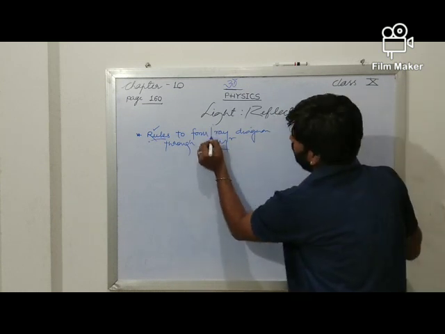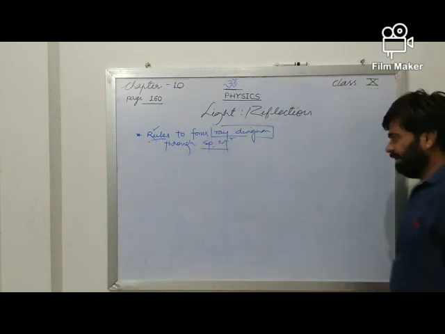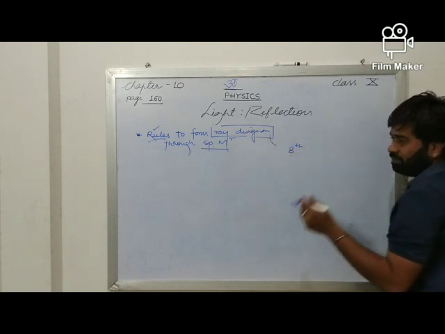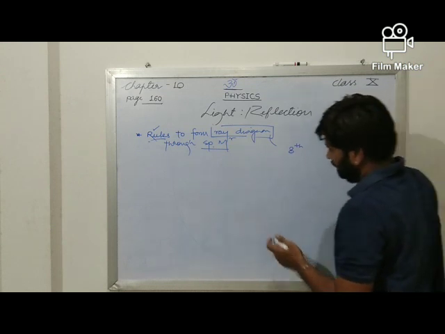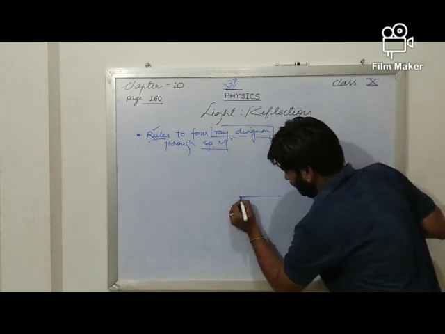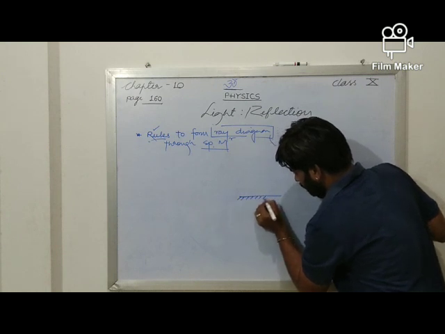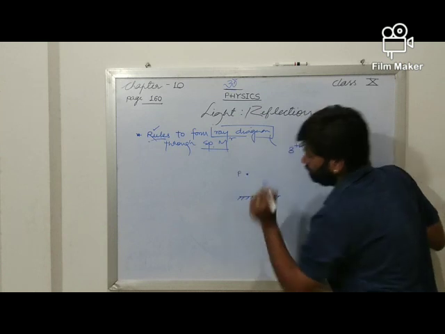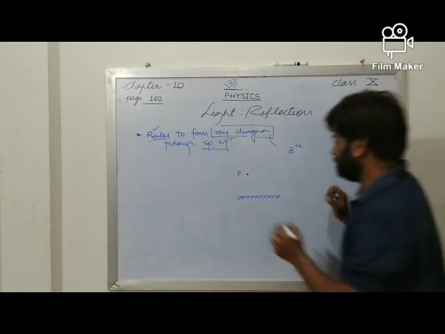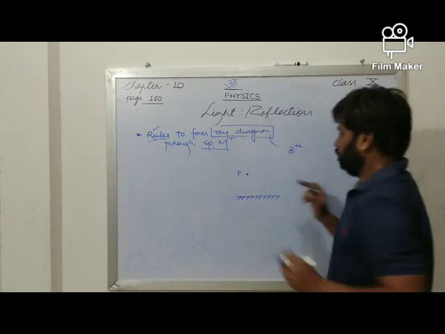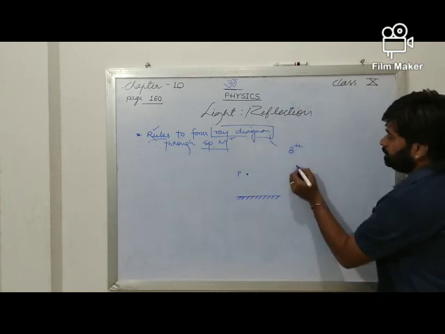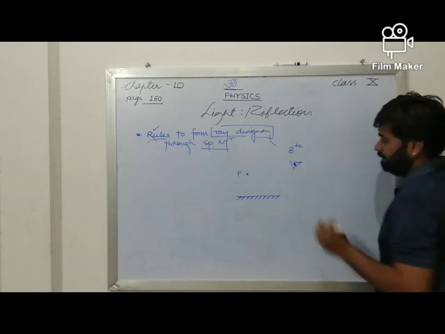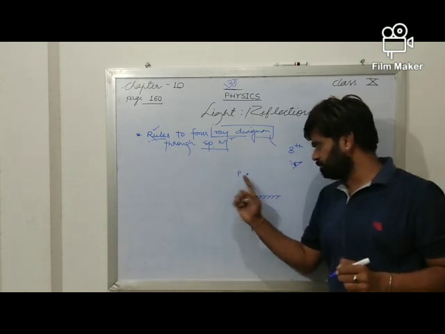Now, what is this ray diagram? Sir, ray diagram? Yes, ray diagram. In 8th class, when we had formed the image, suppose let me take one example of the exercise question of 8th class. Suppose you had an object, say that object was P, and you were asked to draw the image of this particular one. The object is this and the observer is here. He wants to see the image of this particular one.